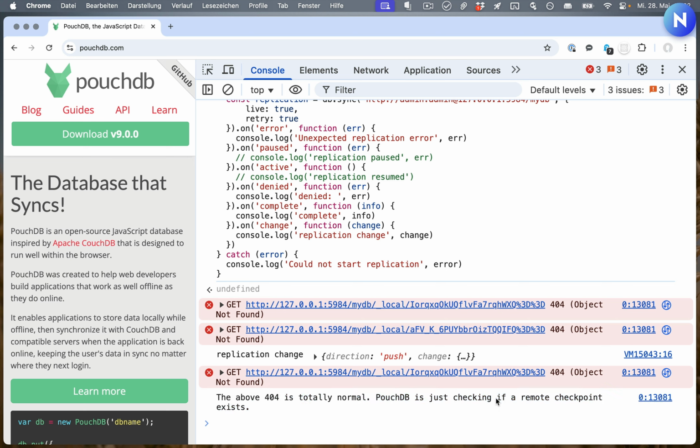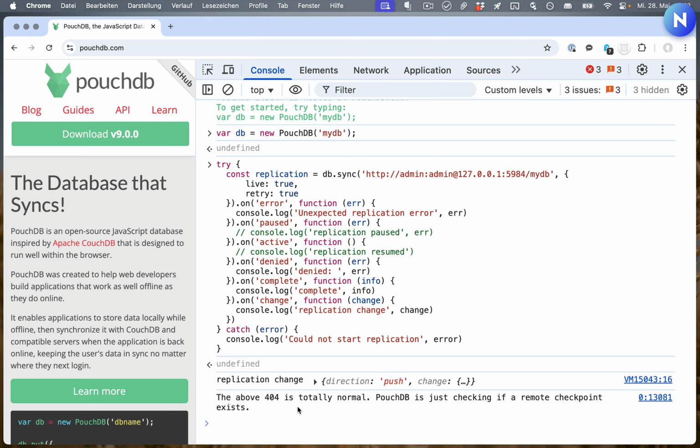Everything in CouchDB is an HTTP endpoint. All the documents, all the databases, all the things you can do to them, everything is invoked via an HTTP request. And when CouchDB wants to figure out whether something exists on a remote CouchDB, it needs to make a request. And if it doesn't exist, it will get back a 404. Hence the red errors and this message here. I'm going to hide the errors just to make this a bit more readable. But all of the errors we're going to get are these 404s anyway, so we don't need to worry about this.